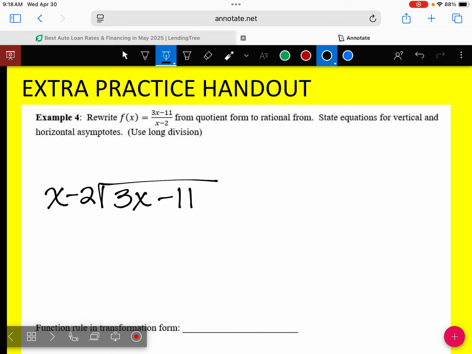So I'm gonna start off by dividing the first terms, 3x over x. That gives me a 3. I'm gonna put that 3 on the roof. Because the x's cancel out. That's why it's just a 3. And then I'm gonna take the 3 and multiply it by x minus 2. So when I take the 3 and multiply it by x minus 2, I get,